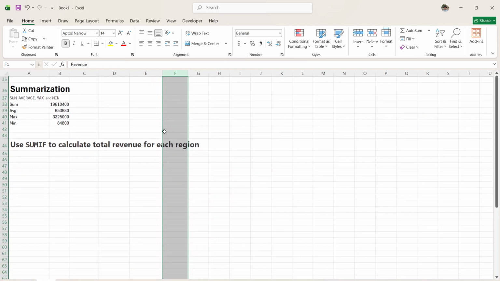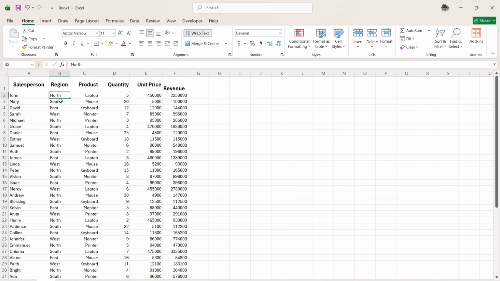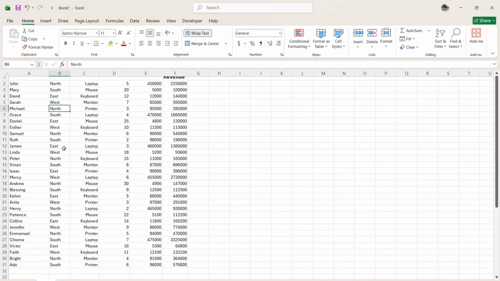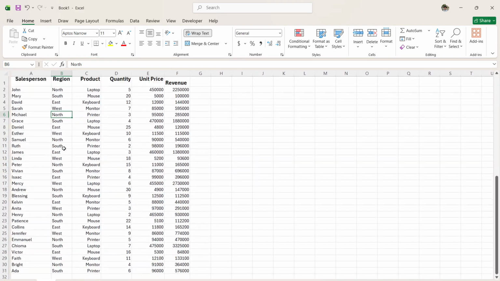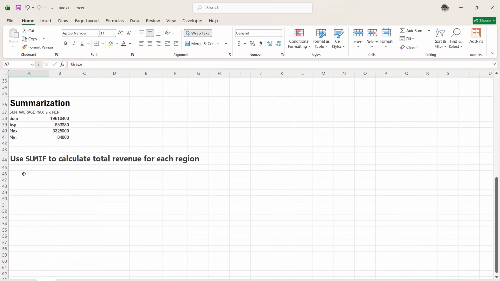So in the event of having done that, the next thing to do right now is SUMIF to calculate the total revenue for each of these regions. How many regions do we have here? As you can see, we have north, south, east and west. It goes like that: north, south, east, west, north. It wasn't named with any kind of category. All right, SUMIF. So let's start with north, very important. North, and this should be equal to